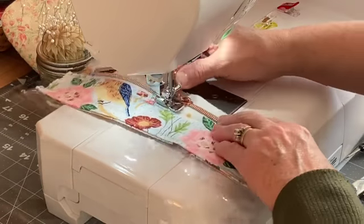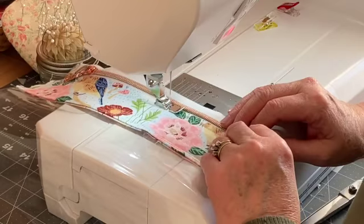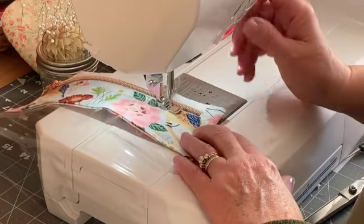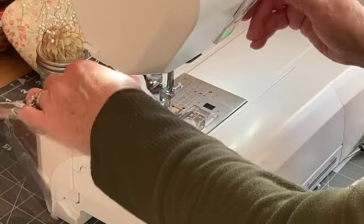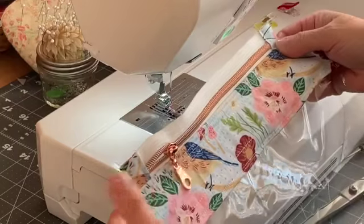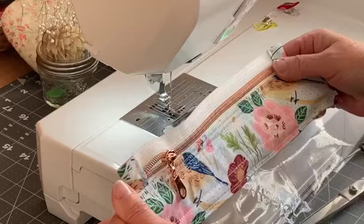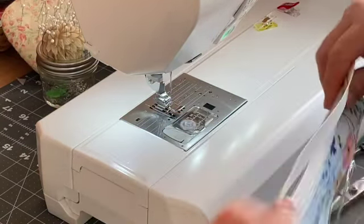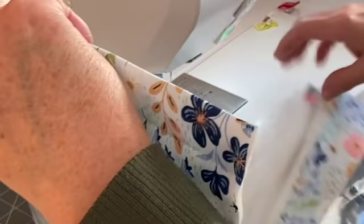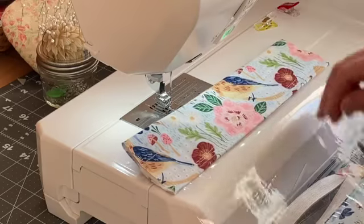So I'm raising my presser foot once I reach the zipper pull, and pull it out of the way, lower my zipper foot, and continue sewing to the other end. Okay, once you have that side done, you're ready to attach it to the other side. So unzip your zipper, lay your other fabric piece right side up,